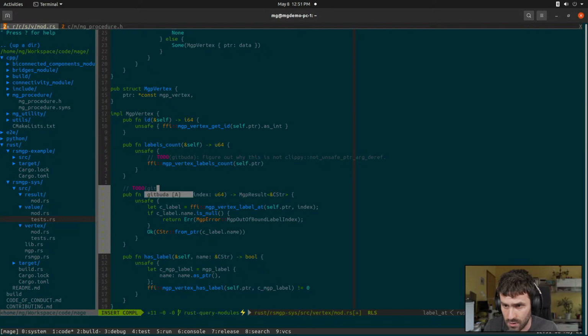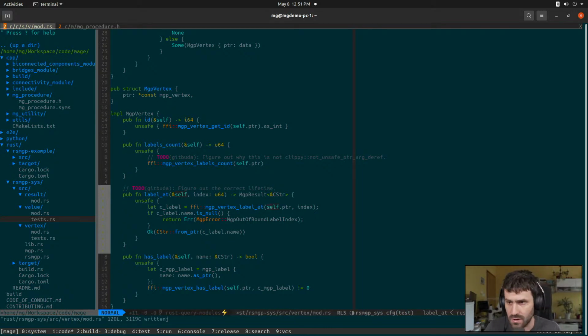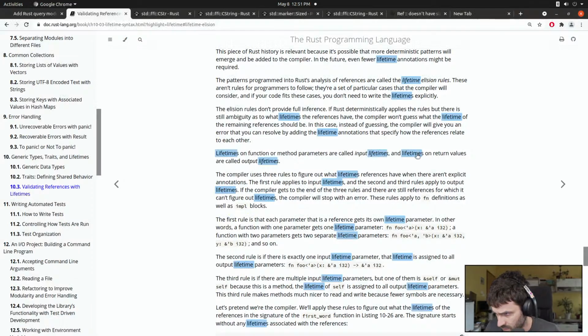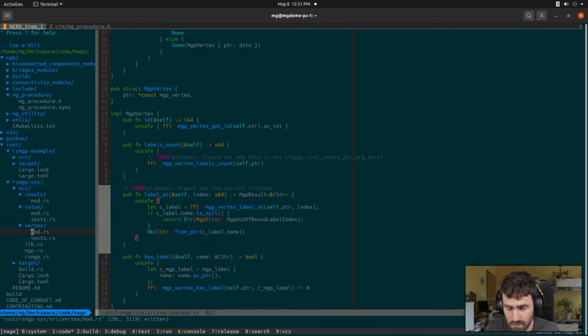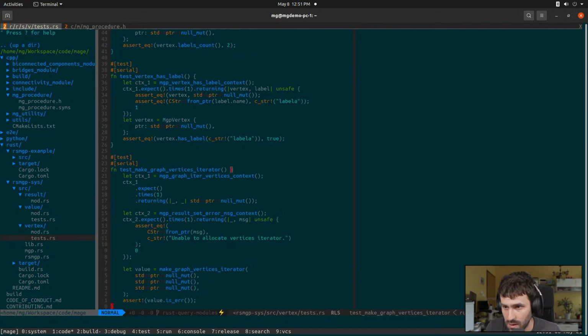Later, I'll just put it here. Yeah, I think we can do that a bit later. Figure out the exact stuff. I'll read all of this, and then figure out the exact implementation. But let's now write a test for this. So label at. Here we created a